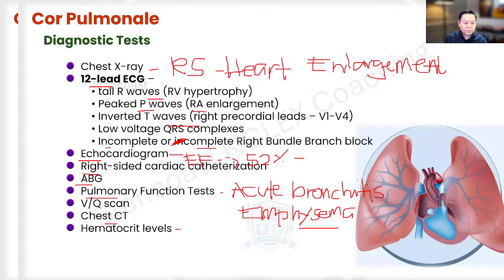Let me just write it down. RBC elevation. Remember one of the causative disease processes there when I said polycythemia vera? Yes, that can increase the hematocrit count, wherein it's going to tell us that the blood is so concentrated. There are way more of the red blood cells compared to the plasma. So your patient here will really have viscous, very thick blood that can cause some strain on the